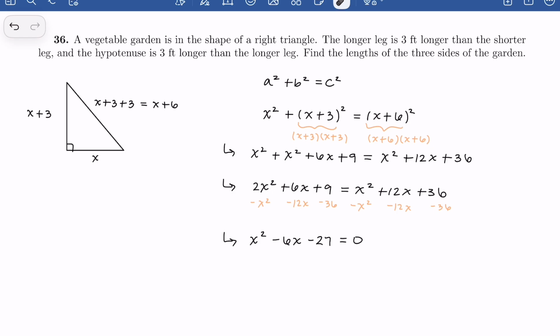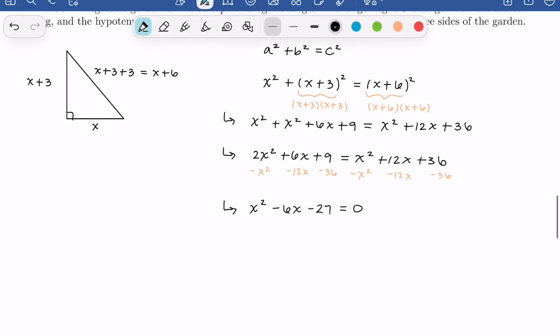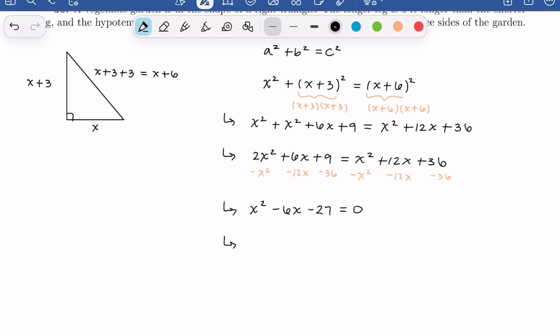Now, in the last section, we talked about using the discriminant to figure out which method to use. We could totally do that. But in this case, I'm just going to try to factor and guess and check. So I need two numbers that multiply to give me negative 27 and add to give me a negative 6. Well, two numbers that satisfy this would be negative 9 and positive 3. So let's go ahead and factor this